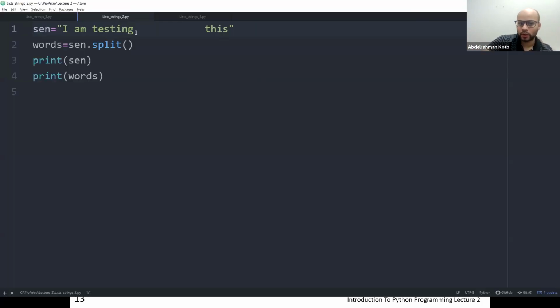Okay, but what if I had 100 spaces or 1,000 spaces? Is it going to look at every space and consider the space a word? The answer is no. Python is smarter than that. It does something similar to strip. So pretty much it removes the spaces completely and says, okay, I am testing this, and this is a word.